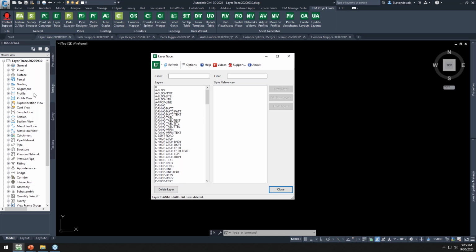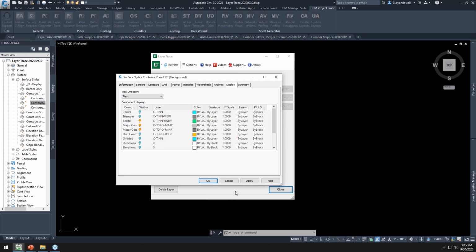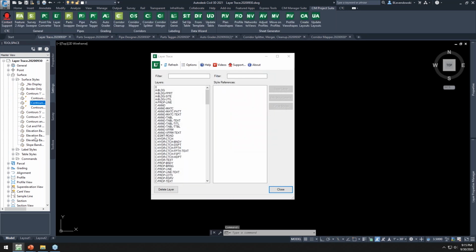And what are you normally doing? Again, you're searching through all these styles over here, digging in here, open up styles. Is it in there? Nope, not in there. And you can waste minutes, if not hours, doing that kind of stuff. So